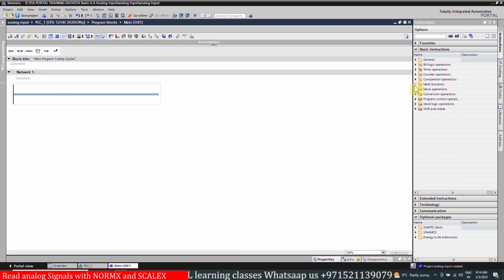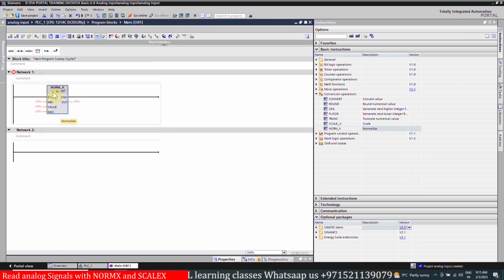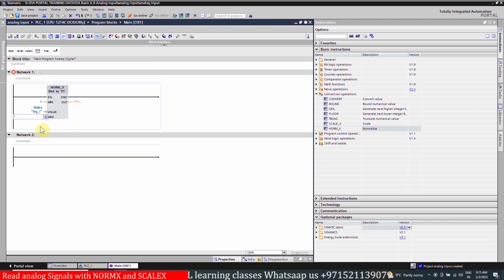Next, we will open the conversion operations. We will drag and drop the NORM_X function. And here we will select the double integer input, and the minimum value we will insert as 0. And in the value input, we will insert the IW64, which is our analog input channel 0. In the maximum value, we will insert